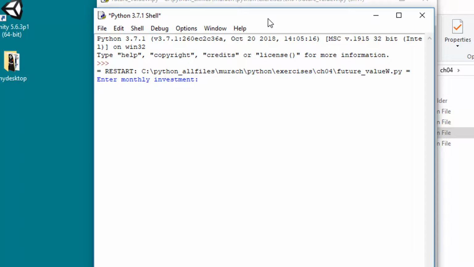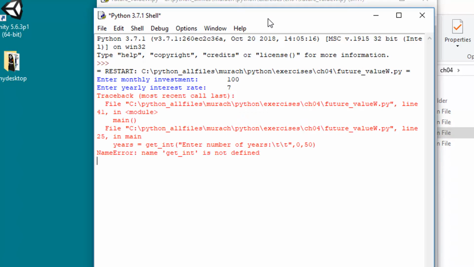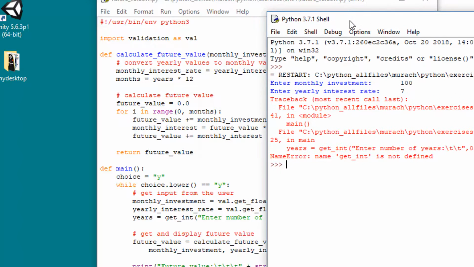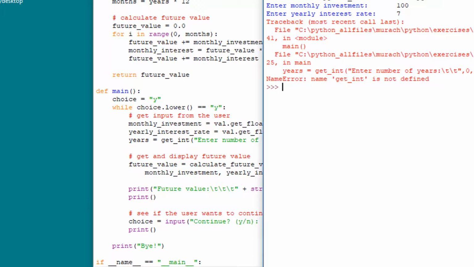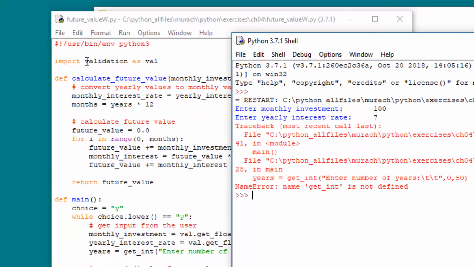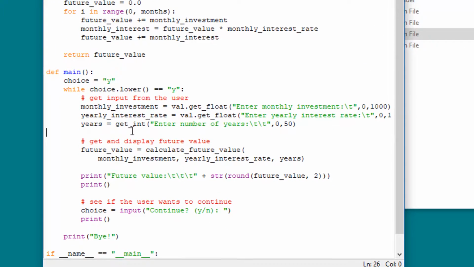We're going to put a monthly investment in and a rate of 7%, and then boom, it hits the line of code here and says name get_int is not defined, and indeed it is not defined. It's within this particular module. It's getting imported from validation, which we aliased as val, and it cannot see that. To fix that,